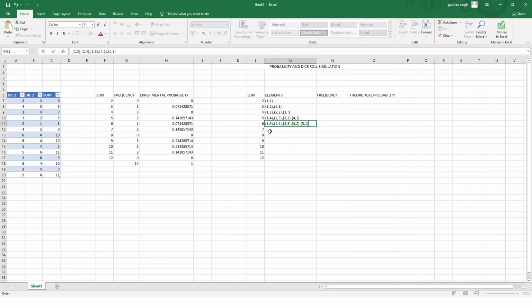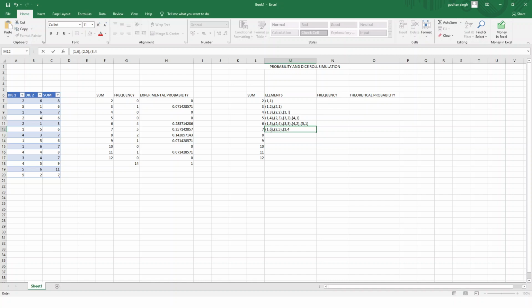So next we'll go for 7. How can you obtain 7? We'll start with (1, 6). Then we'll write (2, 5). Then (3, 4). Then (4, 3).